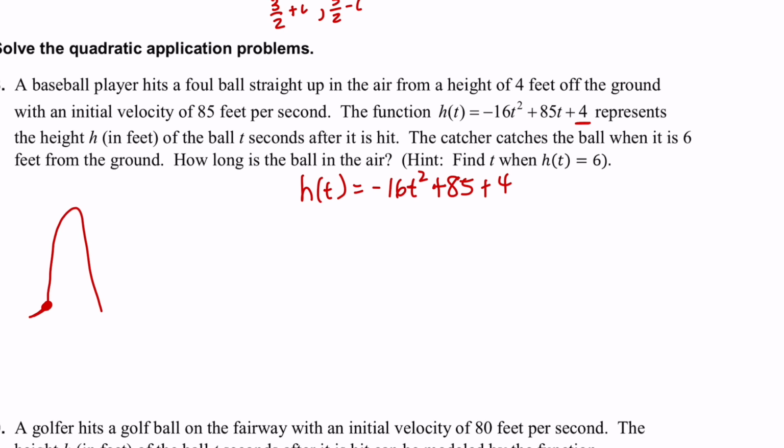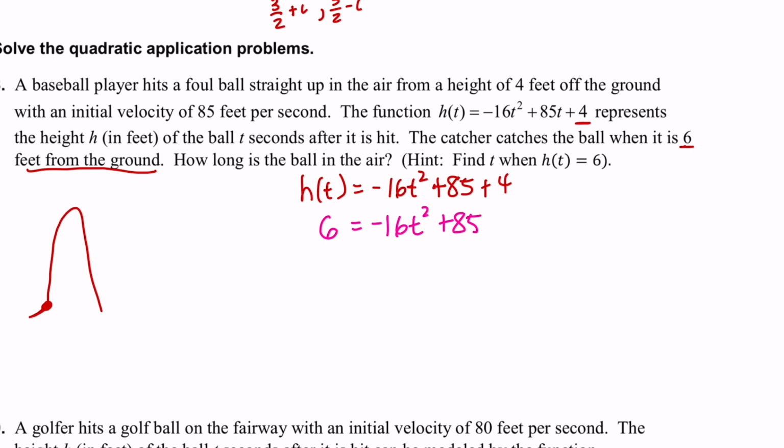If we're catching it when it's 6 feet from the ground, how long is the ball in the air? We're trying to find t when h of t is equal to 6. So there's kind of this hint here. We're going to put a 6 in for our h of t. So 6 equals -16t squared plus 85